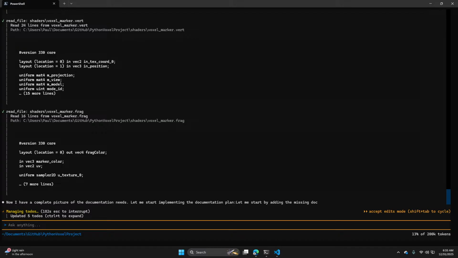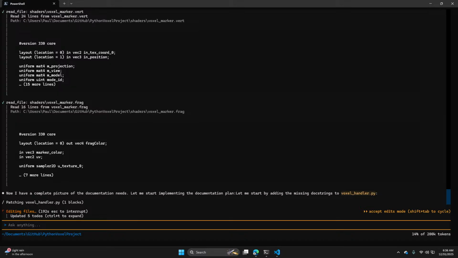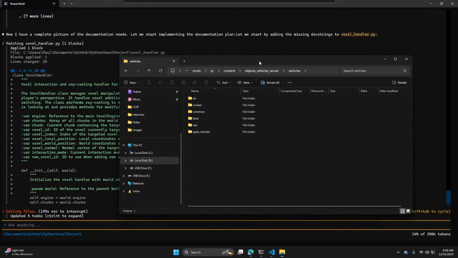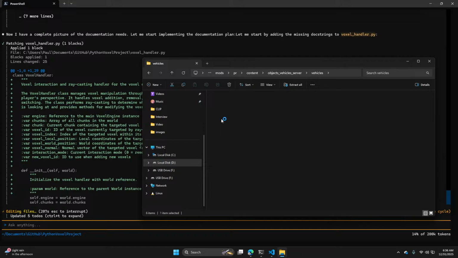vehicles server. You may want to look into the objects vehicle server zip file. Civilian. Let's see. It's a land vehicle, right? Civilian.